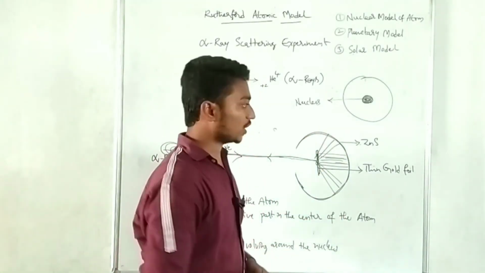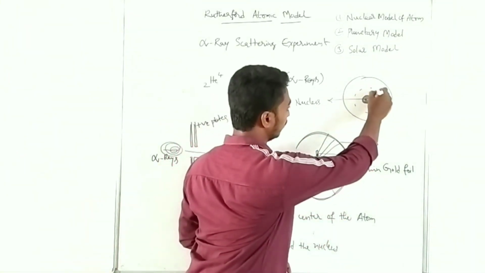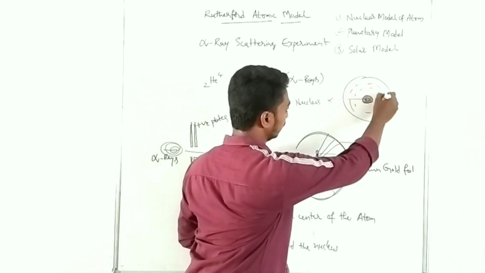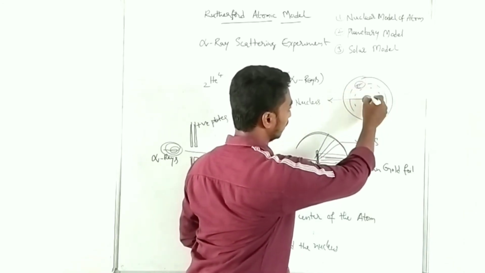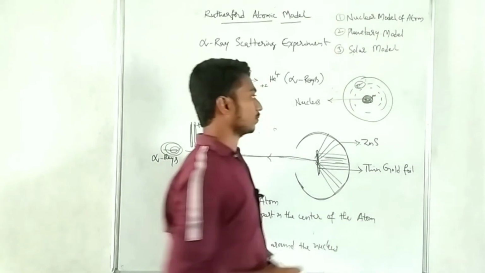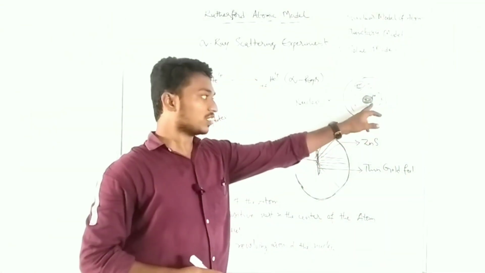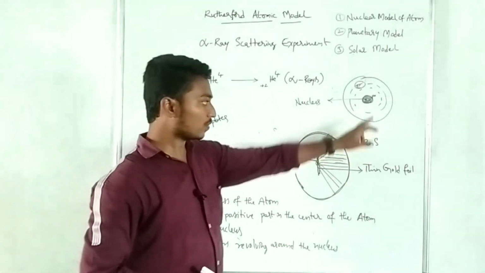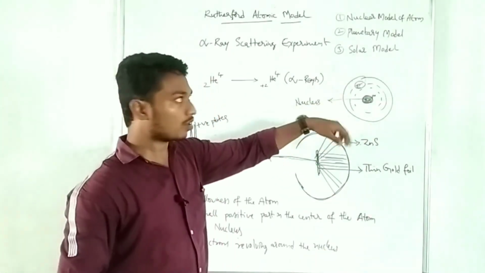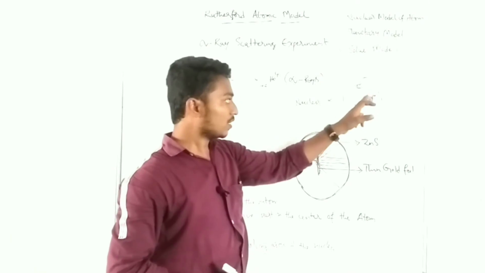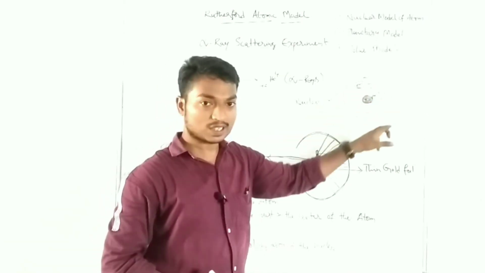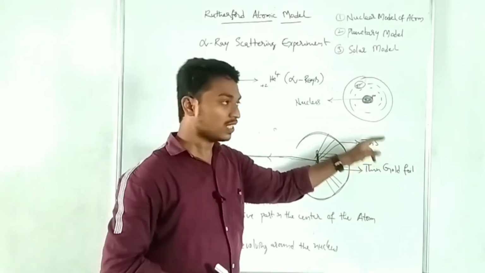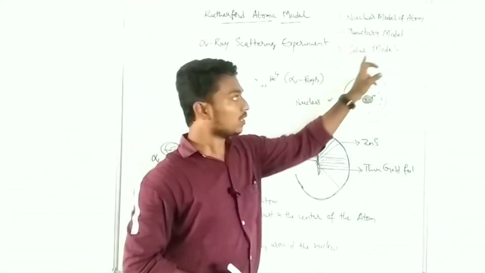The electrons are revolving around the nucleus at large distances. These are protons. Protons are concentrated in the nucleus and electrons are revolving around the nucleus. Because of this nucleus, this model is called the nuclear model of an atom. Because the electrons revolve around the nucleus like planets revolve around the sun, this is called the planetary model or